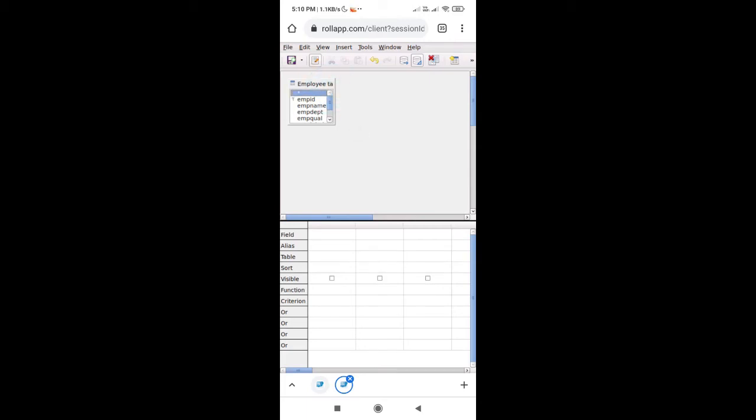For that, I'm also selecting the field name along with the field employee qualification to be displayed in the query. Just click on that field, and from the drop down list select employee name, and again click on the second column of field and select employee qualification from the drop down list.